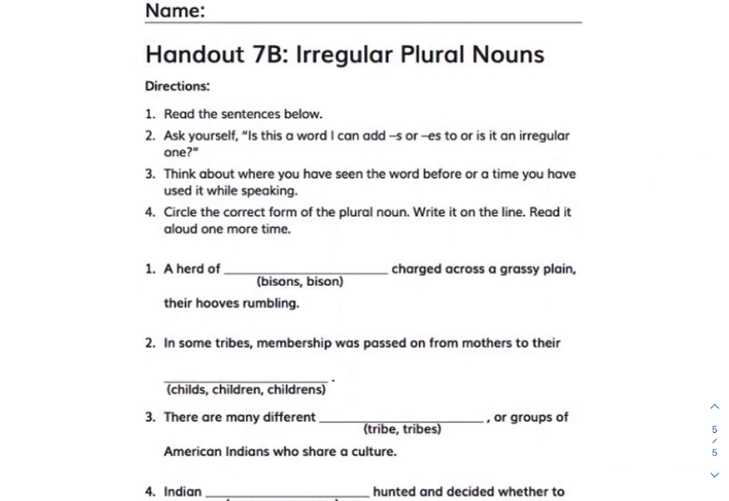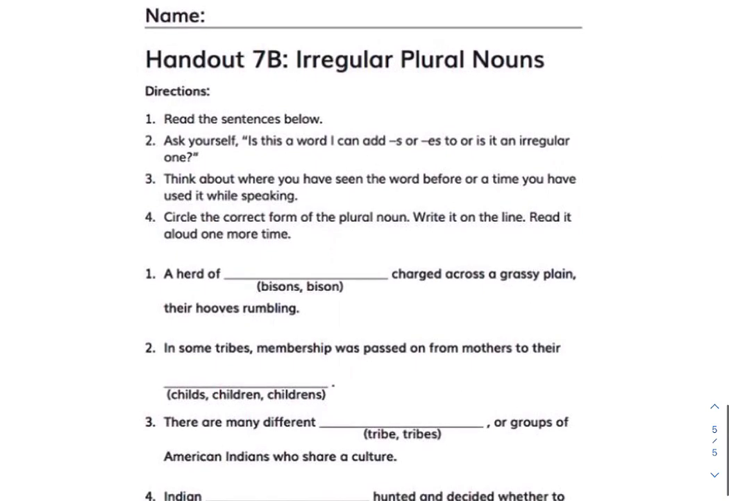Number 1, a herd of blank charged across a grassy plain, their hooves rumbling. So we're looking to add either bisons or bison. What is the plural of bison? It's still bison. That's one of our irregular plural nouns that stays the same. A herd of bison. So circle bison